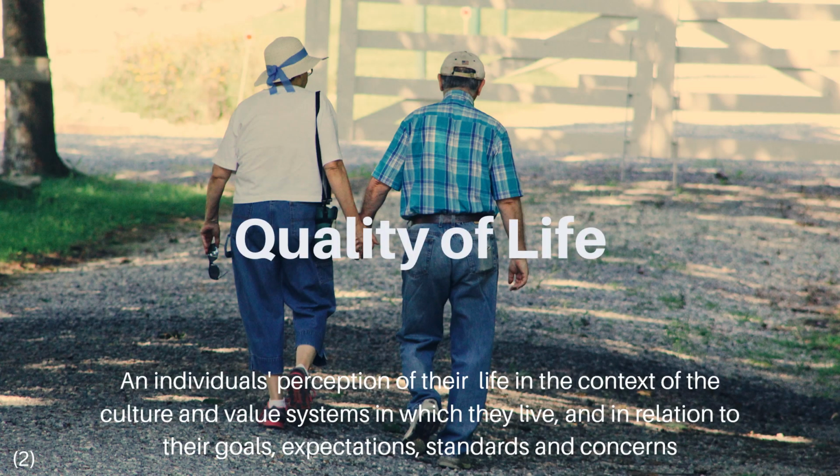Okay, quality of life. Who determines quality of life? Well, the person to whom the life belongs, of course. Maybe for this person, walking with their spouse around the yard is what quality of life means. But what then happens when they're no longer able to walk around the yard? Maybe quality of life changes to being able to sit on the porch and holding hands with their spouse.